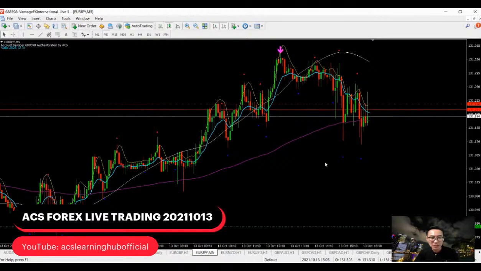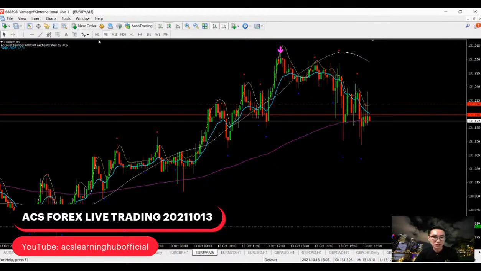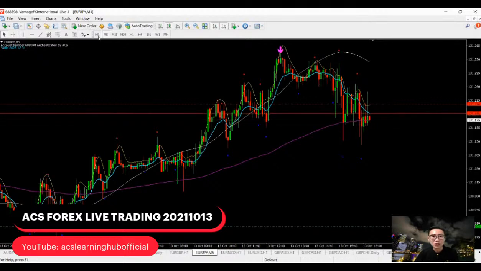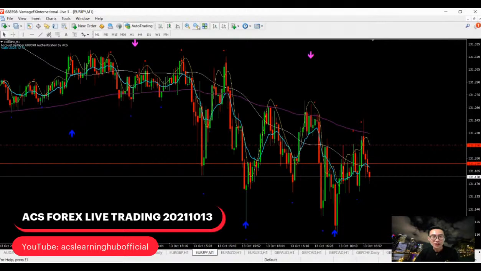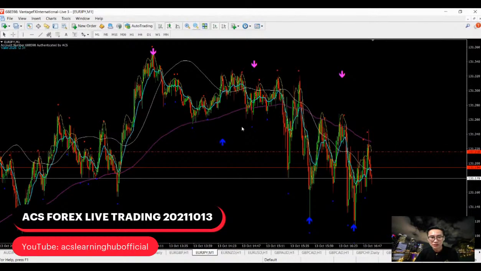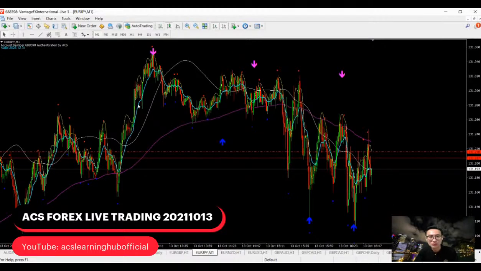So it may take some time because the Euro market is going to close very soon. We just pay attention to that. The closing of the market may slow down the whole chart, so just take note. You can see we are now in M1, ranging downwards.